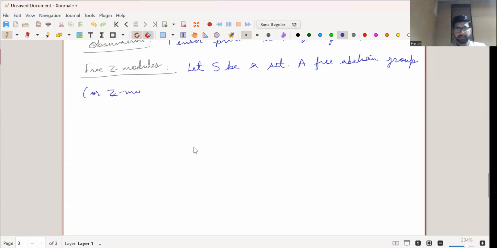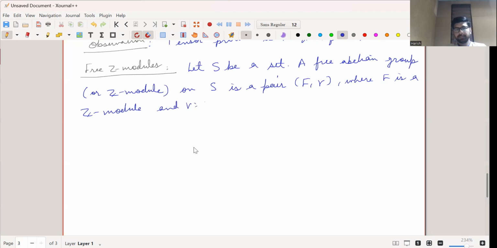That's why I'm writing it like that. A free abelian group on a set S is a pair F, gamma, where F is a Z module and gamma is a map from S to F, a set theoretic map,